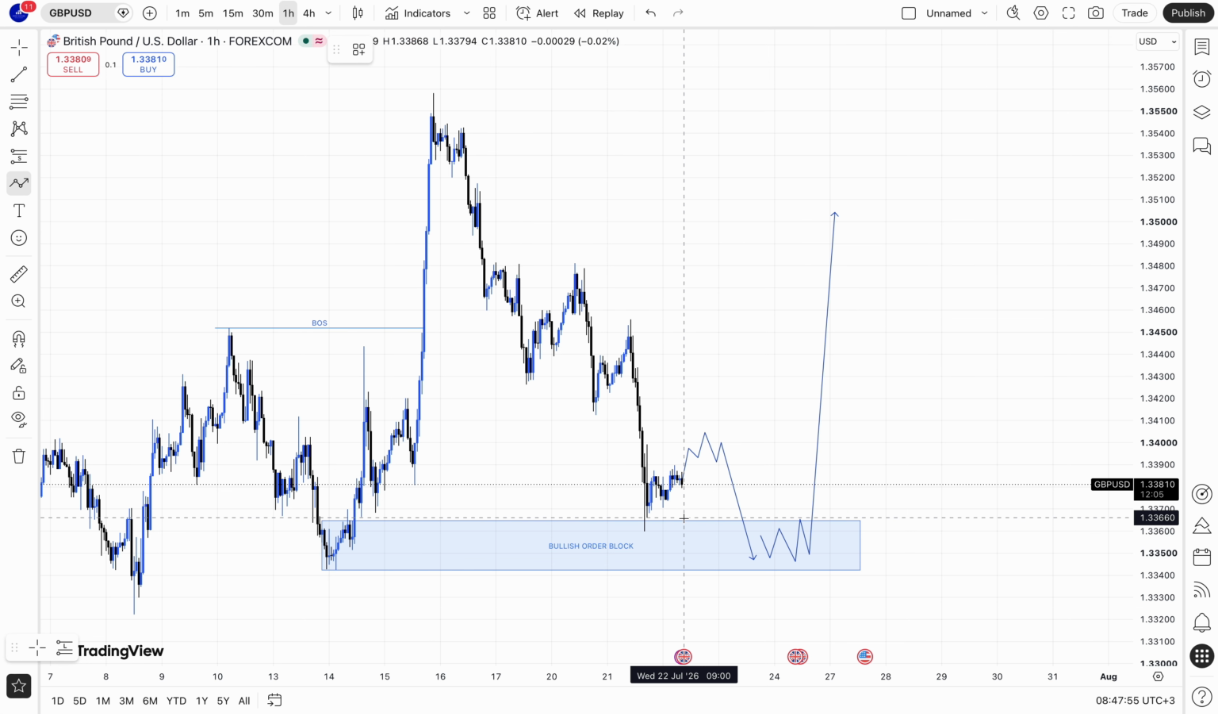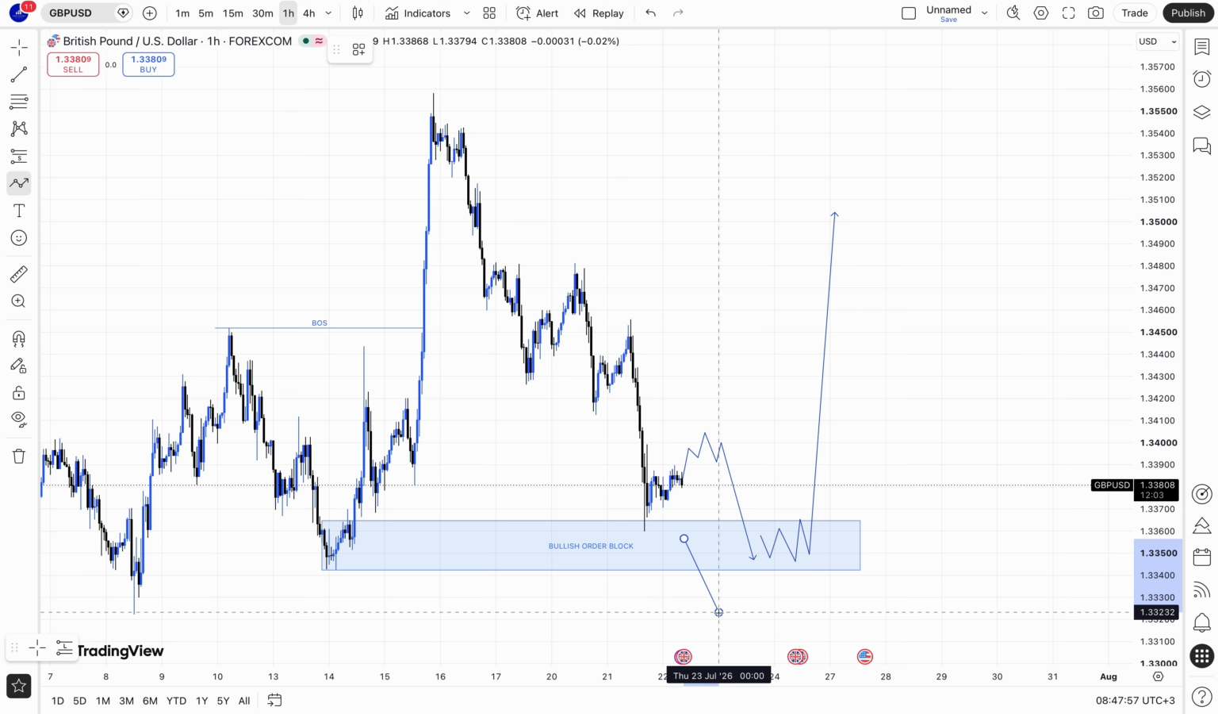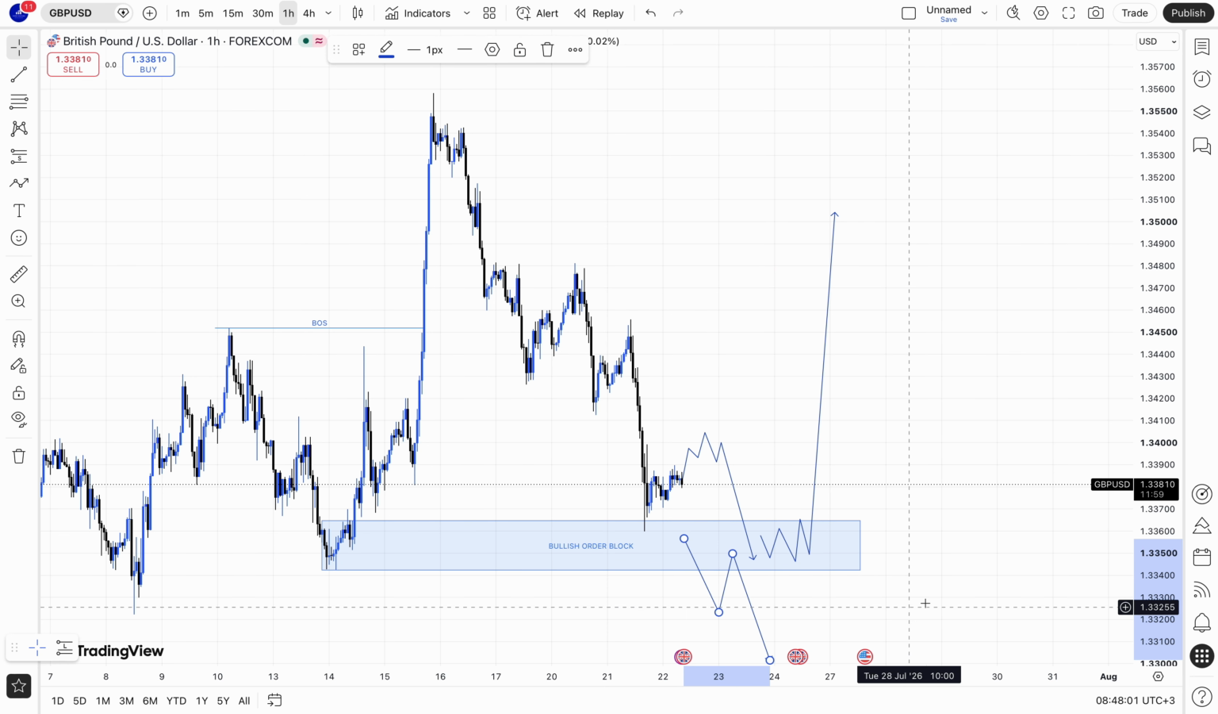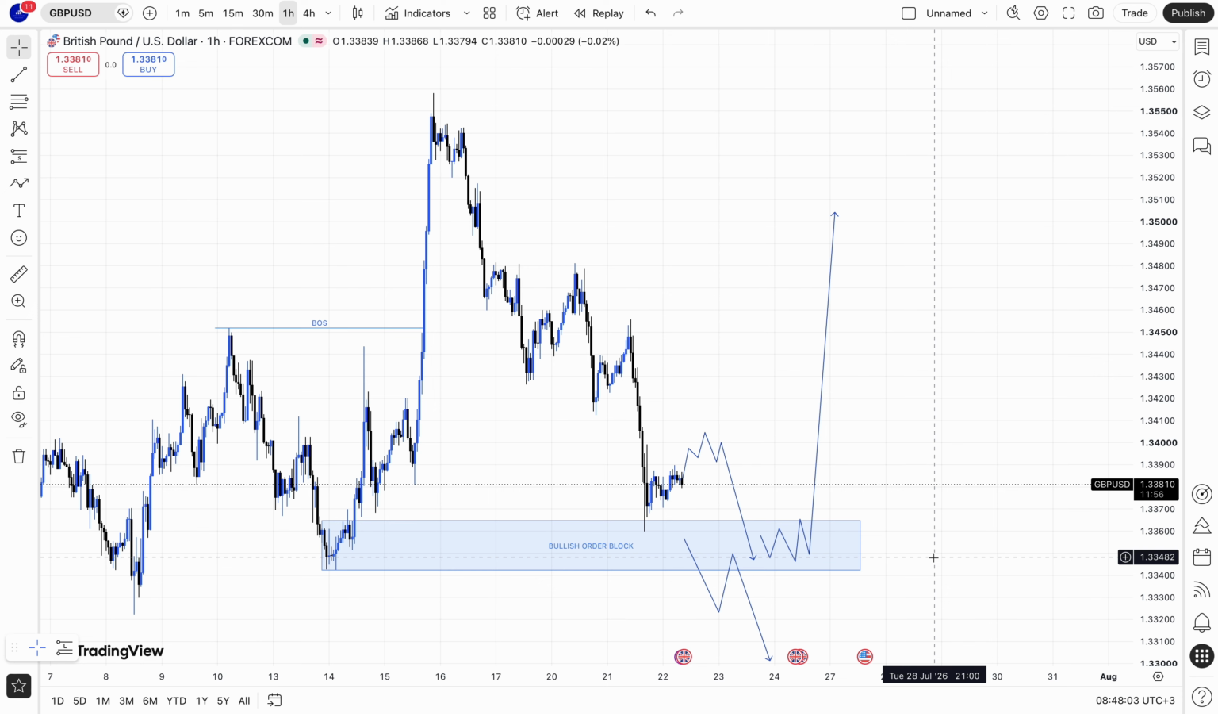And then scenario number three, if the price disrespects this order block, then we're gonna wait for the break and retest, and then a continuation to the downside. Those are the three scenarios. So that's it for GU. Then EU,